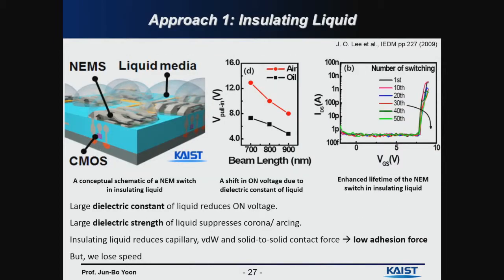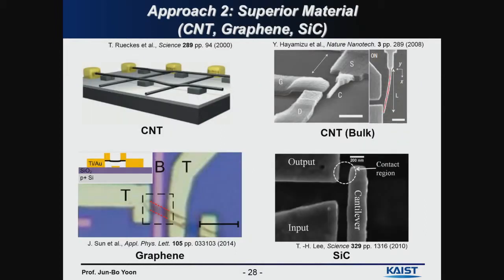Or we can use the insulating liquid. So we can put these nanoelectromechanical switches into the liquid. Then we can reduce down the actuation voltage, as well as increase the lifetime. So that's another method. Or we can use some new materials, which are carbon-based materials, carbon nanotube, and graphene